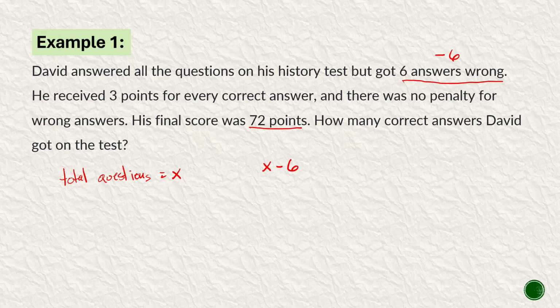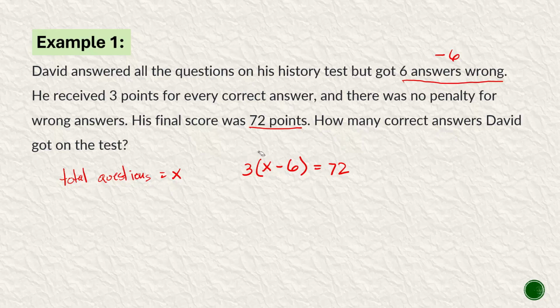Now, David received 3 points for every correct answer. So which means I'll just multiply this by 3. Again, we don't know the number of correct answers, but that's represented by x minus 6. We multiply that by 3, and that's going to give us 72 points. And that's going to be our equation. So we need to solve for x in order for us to find the number of correct answers David got